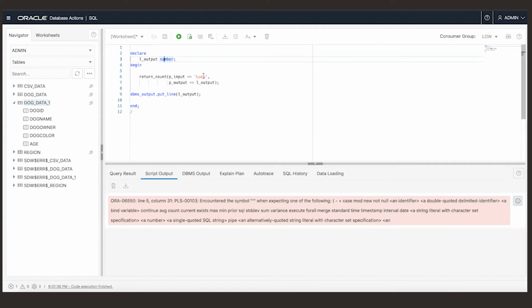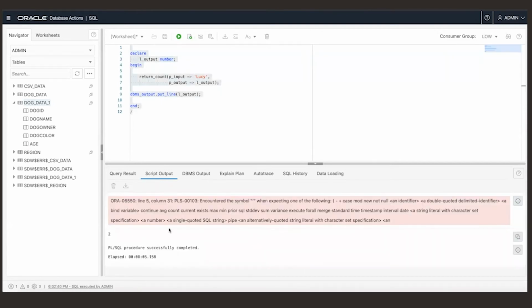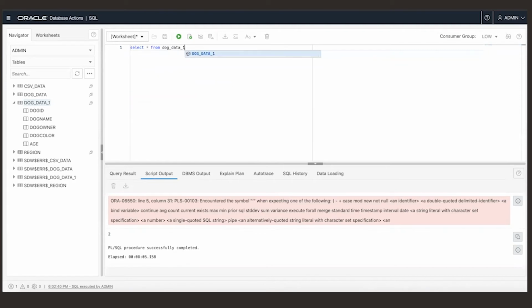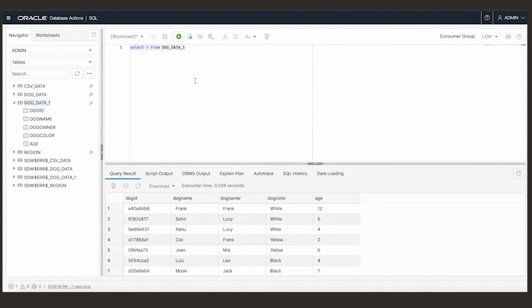And then if I click this, as you can see here, the result is 2, because if you, for example, select everything from dog data and then run this query, you can see there are 2 dogs owned by Lucy. So here is a very simple business logic that we can implement using our PL/SQL.